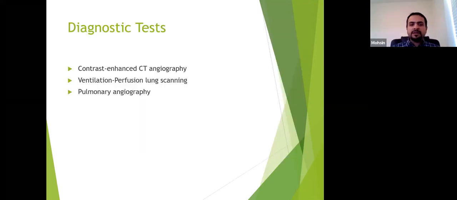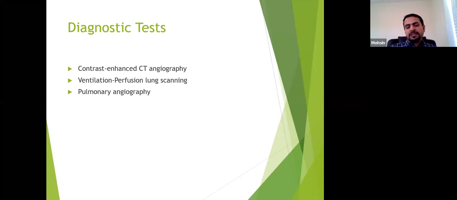So for definitive diagnosis, we have the CT scan, ventilation perfusion scans, or pulmonary angiography. The CT scan is the most commonly used. The good thing is that it can show you the size of the clot, the location of the clot, any increase in the size of the right ventricle or RV strain, and any alternative diagnosis. The downside is you're using radiation, you're using money, it might not be available everywhere, and it needs contrast. So all these things have to be considered as well.